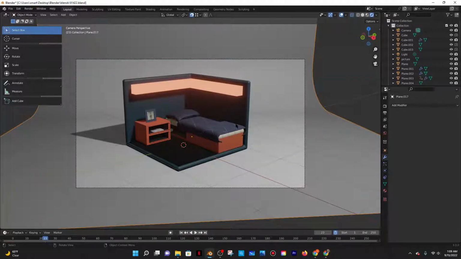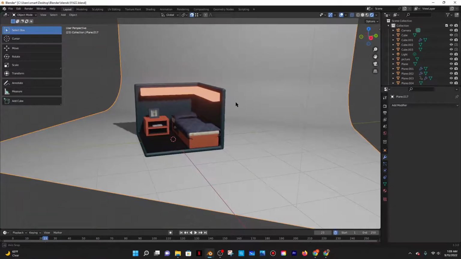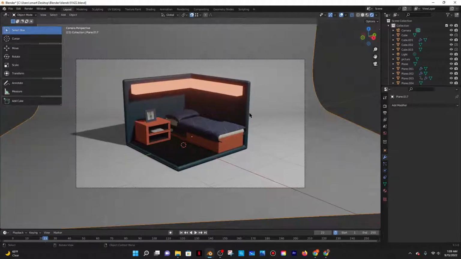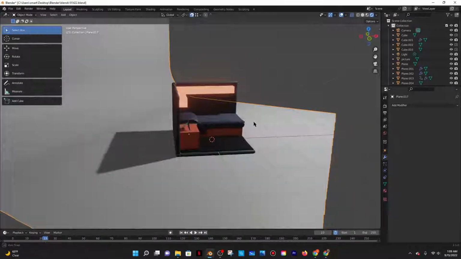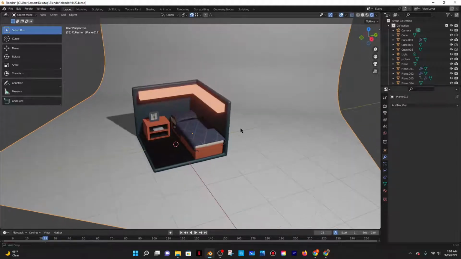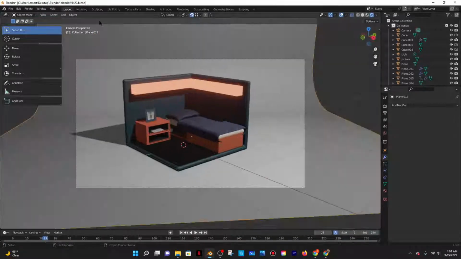And I think this is okay. Yeah. So I'm gonna just render this now. So I'm gonna go to render, render image,